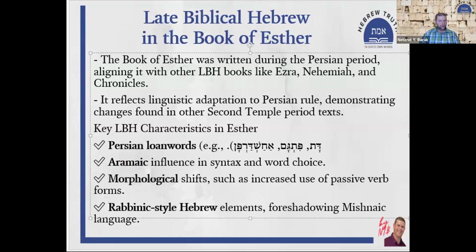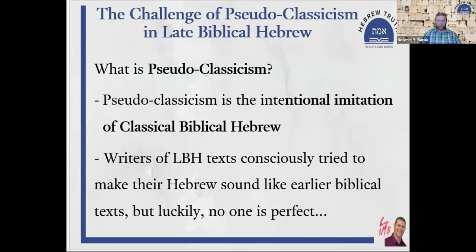Morphological shift, changes in the form of words, and also elements that are similar to what later on will become what we call Rabbinic Hebrew. Now, it's not so easy to identify all of these. Why? Because of what we call